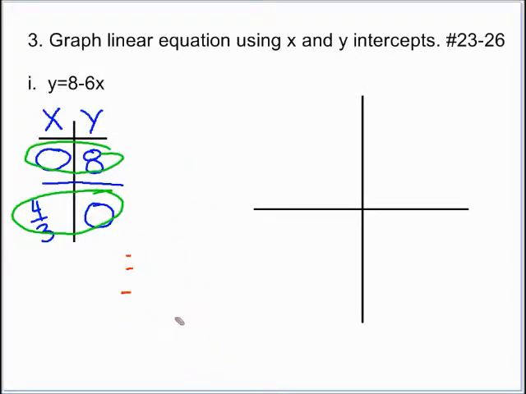Alright, and if we graph it, need some tick marks here. I made a point on the y-axis at 8, a point on the x-axis